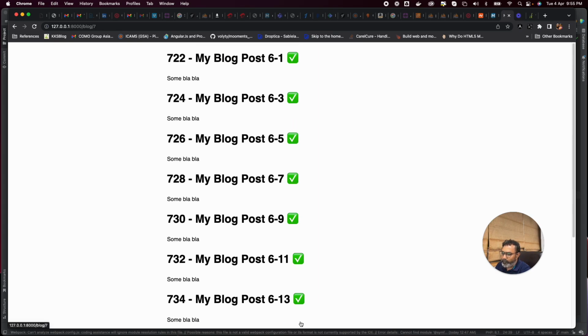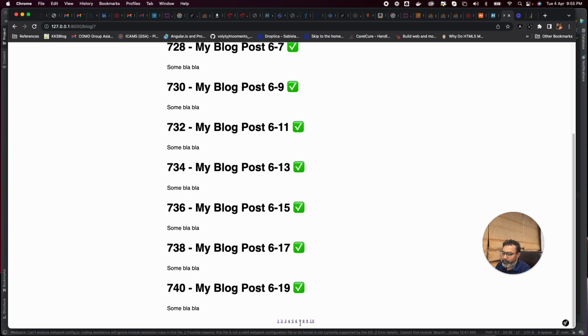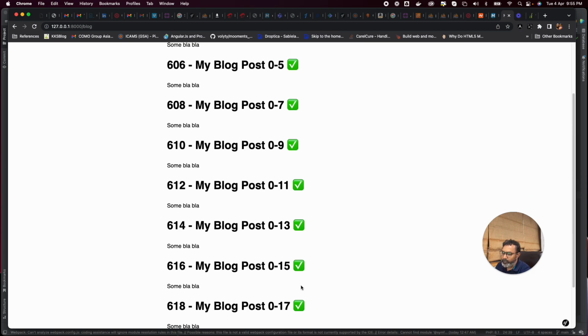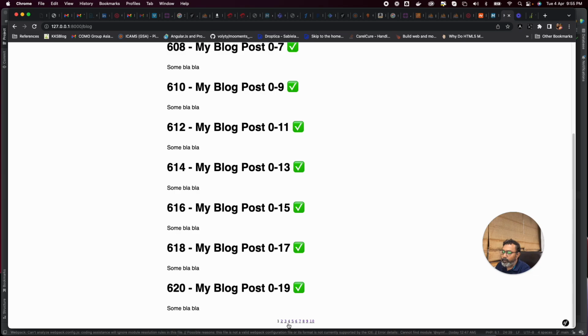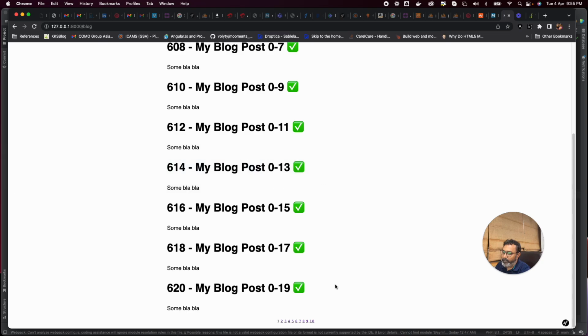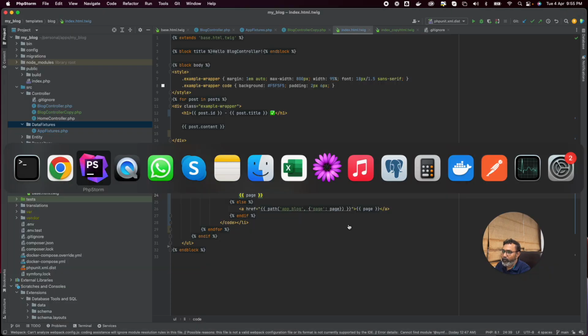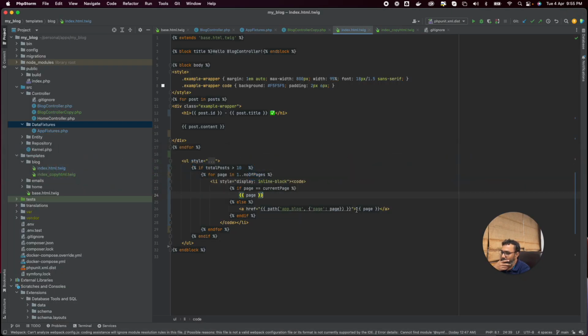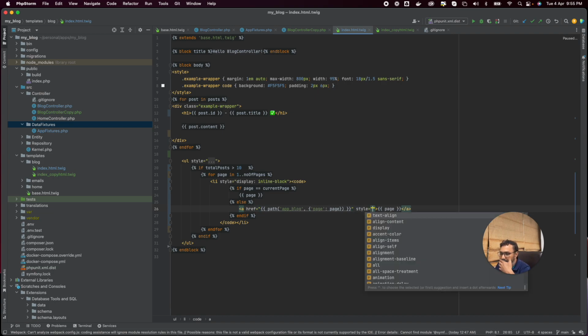Now let's go to 7th page, 7 is not clickable. Let's go to first page, first is not clickable. So for the specific page, that page is not clickable, because we don't want to reload that page, because we are already in that page, and also it is highlighting that you are at that page. And if you wanted to give some style to this, we can just give some color change to make sure that, or